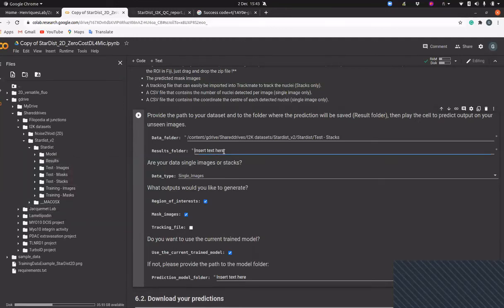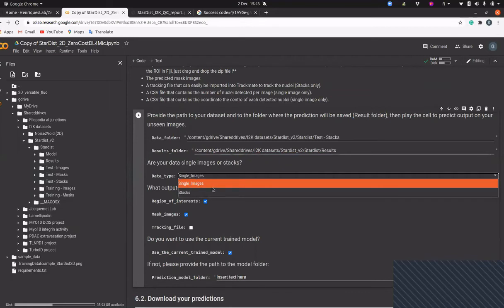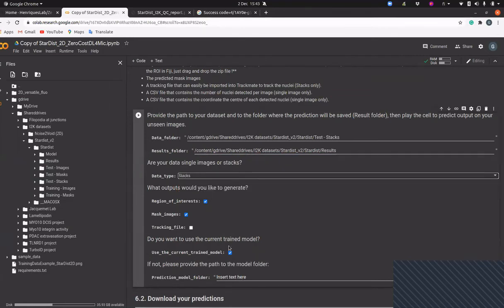Okay, and I put it here. Then here I'm not going to analyze single images. What I want to do is to analyze stacks. And then you can choose what you want the notebook to save for you, whether you want the region of interest, which are saved in a zip file, so that you can later on analyze in Fiji, for instance, using the ROI manager, whether you want to have mask image, or whether you also